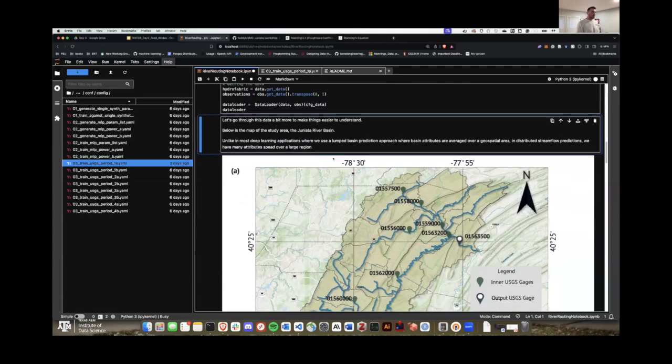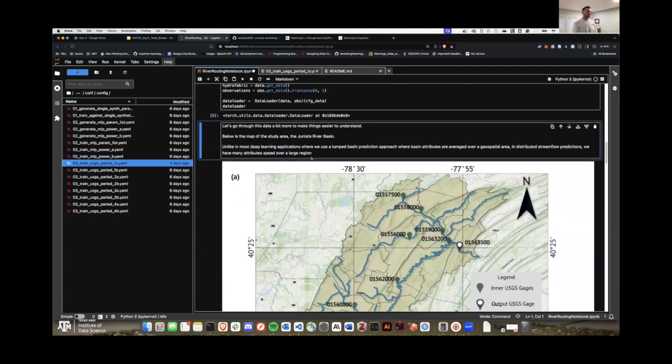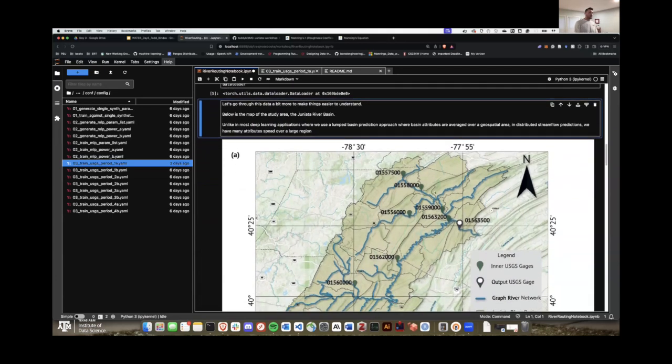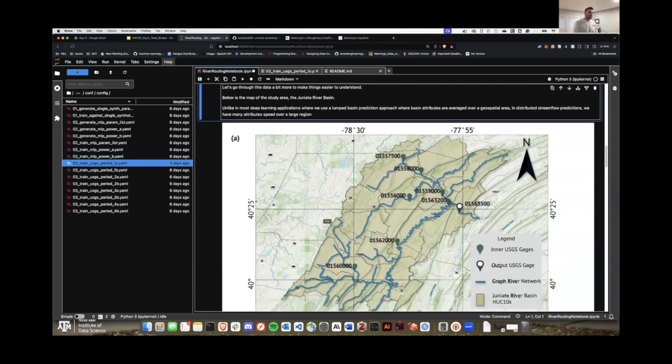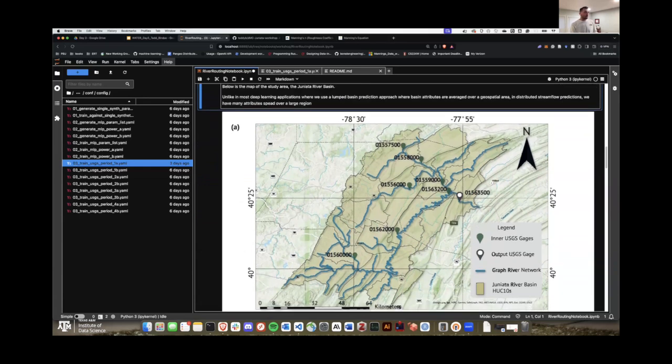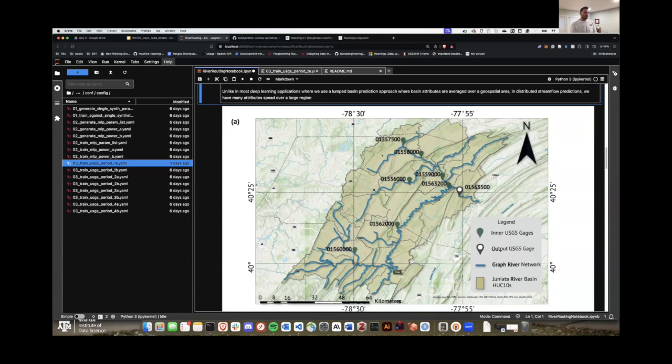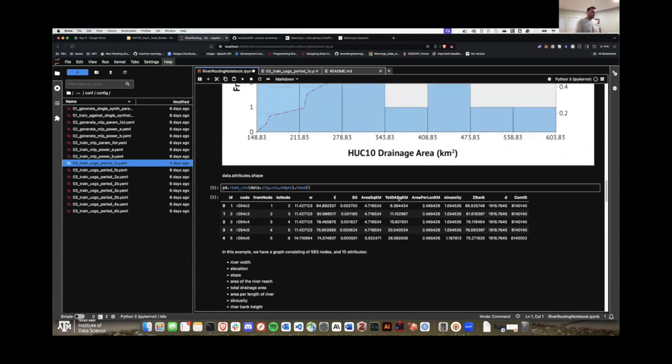So just to make things a little bit easier, we're going to be going through each of these objects. Below is a reminder of the geospatial area that we're representing. We have many river reaches, 8 USGS points where we have observations, as well as attributes that represent this whole area of Pennsylvania. So let's read the CSV edges so that we can actually see what is in our graph, or our river